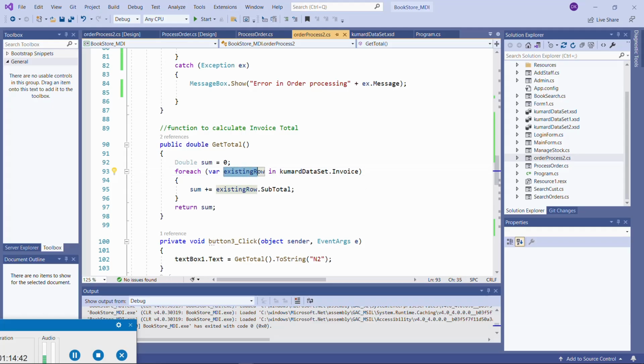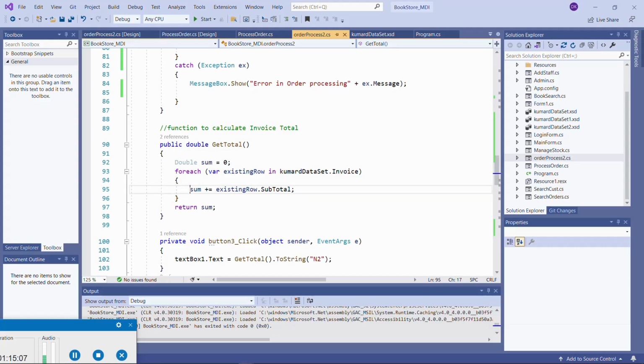This variable name can be anything. You can call it anything you feel like. You can call it as item, simply item in invoice. So you can even pick up an item in the invoice,